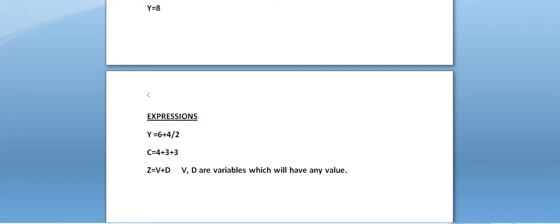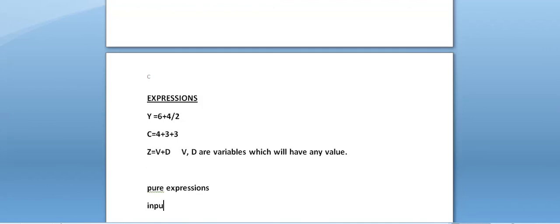One is pure expressions, the other is impure expressions. Now what are pure and impure expressions?